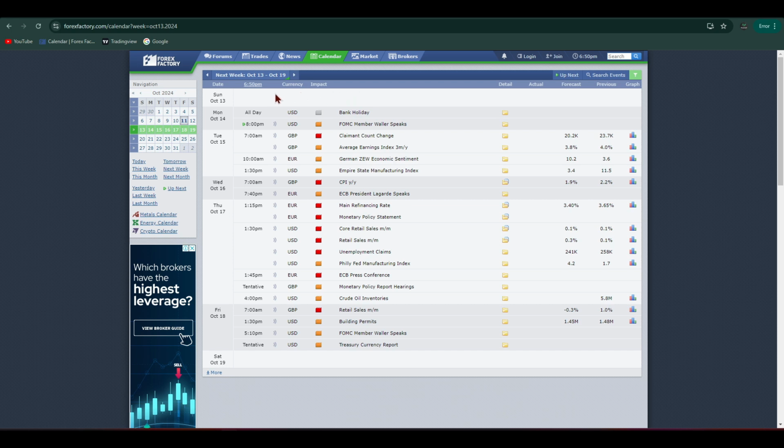I'm just taking a look at the calendar for next week. We'll have a US bank holiday, so not much is going to happen on Monday, October 14th, I would say. This is something that I usually do on the weekends, just see on which days we will get more volatility and liquidity injections. As of now, I can see nothing major. Probably Thursday and Friday will be the most volatile days, and Wednesday most likely, but we'll see.